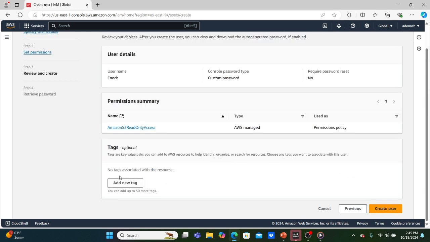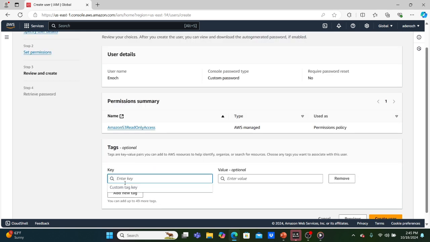and let's add a tag. Tag is used to give metadata to our AWS resources. I will say department, and I will say admin,